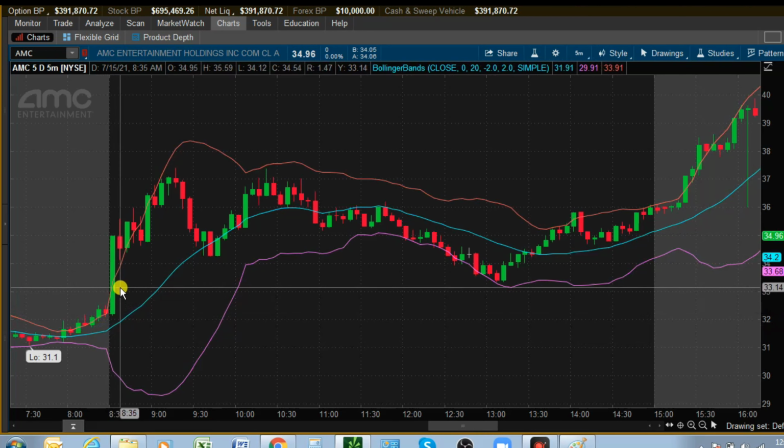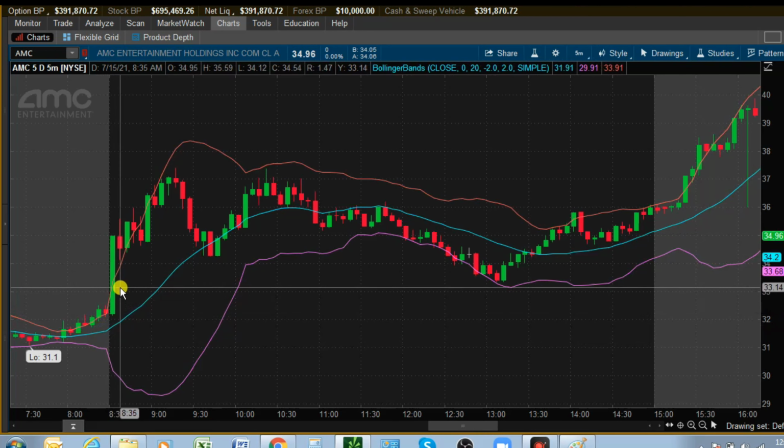Same here after hours. When the Bollinger started to open up, you had a major move to the upside, and it also does the same thing to the downside. But here you notice that the Bollingers are starting to come together. Okay, now whenever you notice the Bollingers are starting to come together,